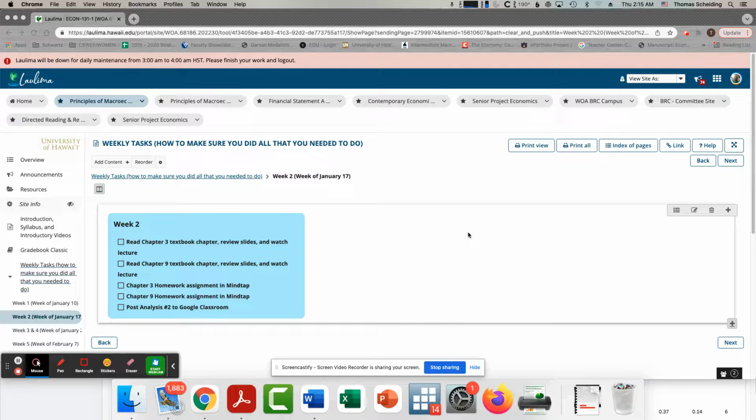And while the textbook author has an idea of how it should be covered, I differ in the sense that there are two chapters, chapter 3 and chapter 9, that are pretty closely related to each other. And so I have you looking at both of those here. In chapter 3, what we're doing is we're looking at a model of how